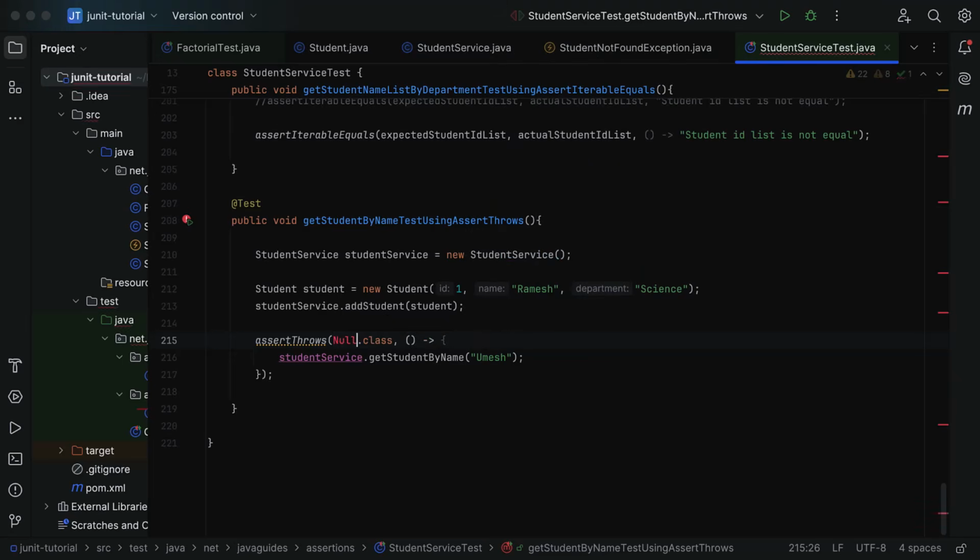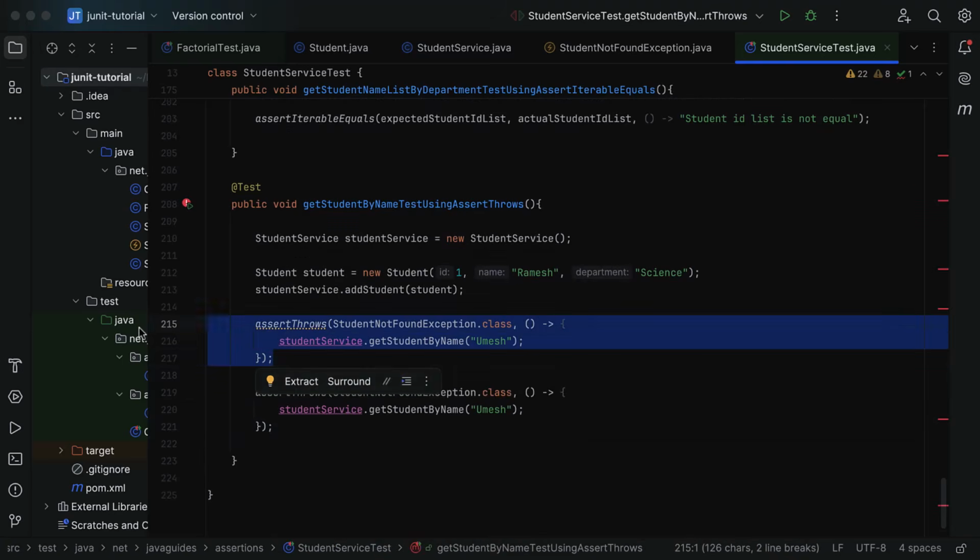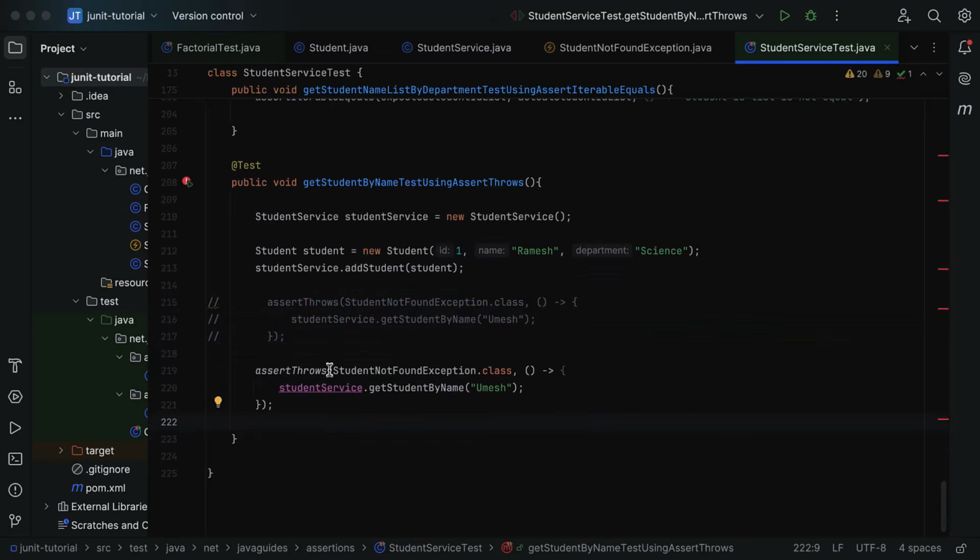Alright, so let me pass student not found exception here, and let us go ahead and see the other overloaded assert throws method. So here let me copy this and paste it over here, and let me comment out this. So this assert throws method takes 3 parameters. First parameter is the expected type, second parameter is the executable interface implementation, and third parameter is the message, custom message, right? So here let us pass the message student not found exception,